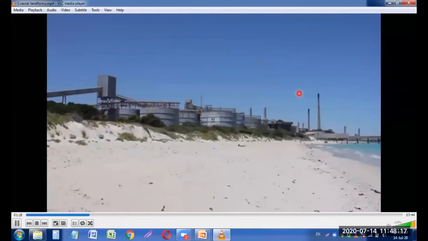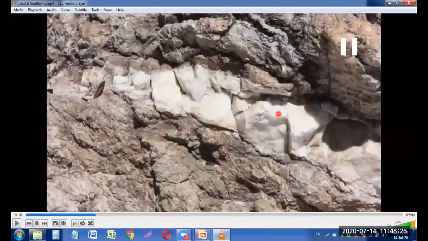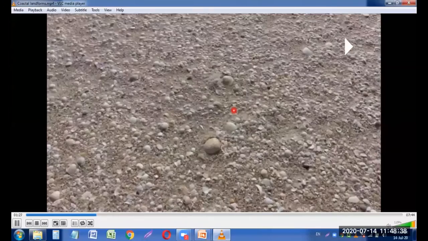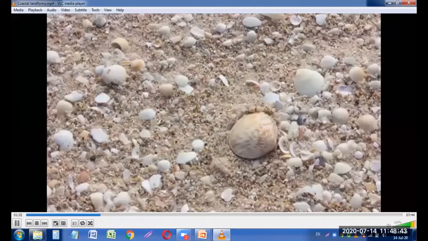Many beaches contain a lot of silica, also known as quartz. Quartz is the most common mineral on the Earth's continental crust. You can see, my students, that there is a stone known as quartz also, that is also formed because of the sea waves. You can see over here in this video, and because of the deposition of those sediments, it has been deposited over. In between the sand grains, one also finds the remains of ground up shells, which are made of calcium carbonate. You can see over here these shells, ये shells भी जो है वो पानी के साथ बाहर आ गए हैं, and now they turn into limestone and different types of stones also. They turn later on into stones.